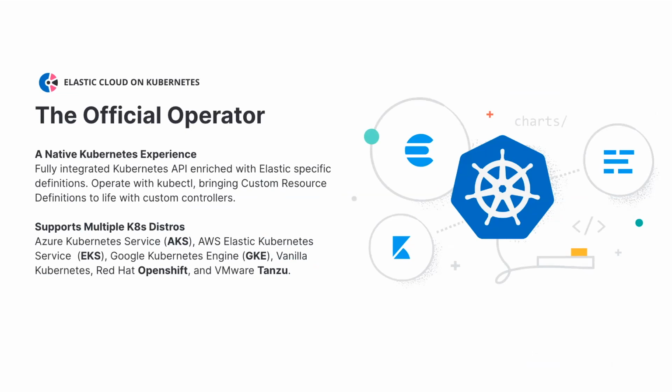These custom resource definitions are, let's say, resources, like an Elasticsearch node is a resource, and through this you define what, for instance, Elasticsearch is and what is required for that. And we support running this operator in multiple